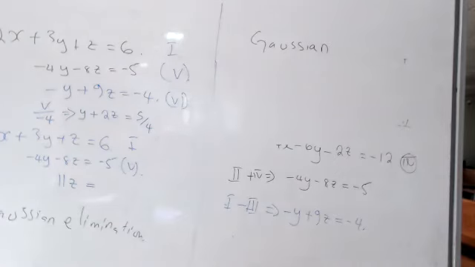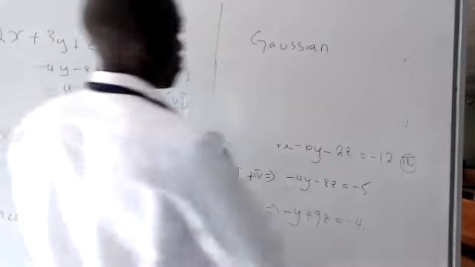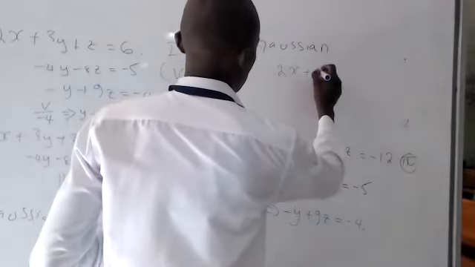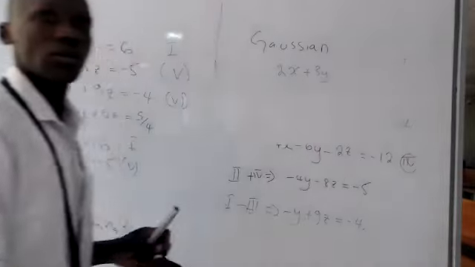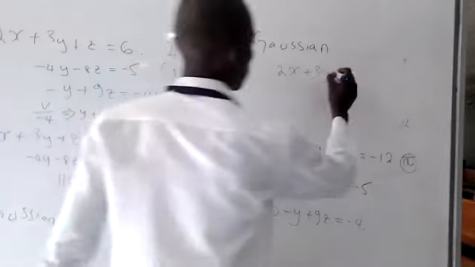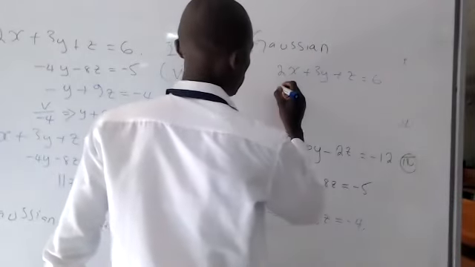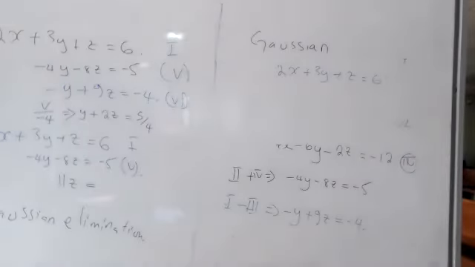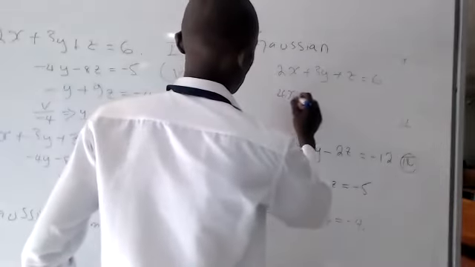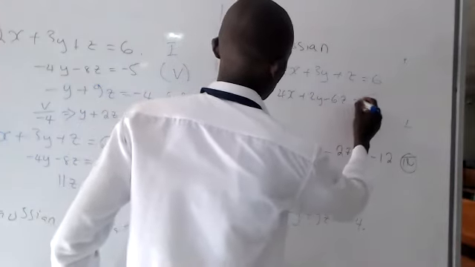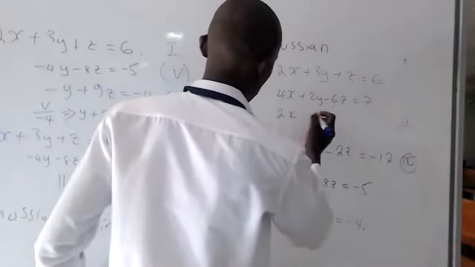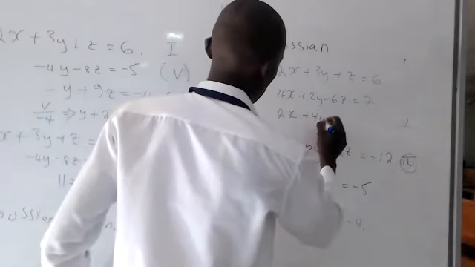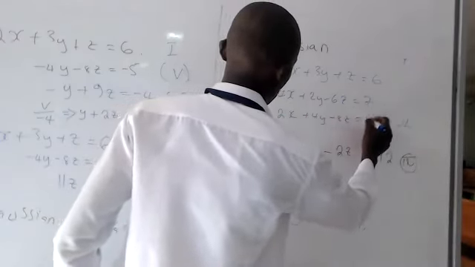So you did 3y minus 4y to get y. That's not right. What was the first equation here? 2x plus 3y plus z is equal to 6. And then the second equation? Four x plus 2y minus 6z equals 7. And then lastly, you had 2x plus 4y minus 8z is equal to 10. Yes. So